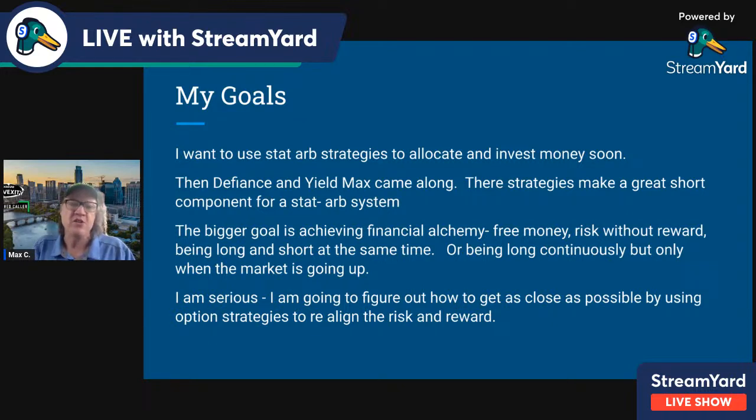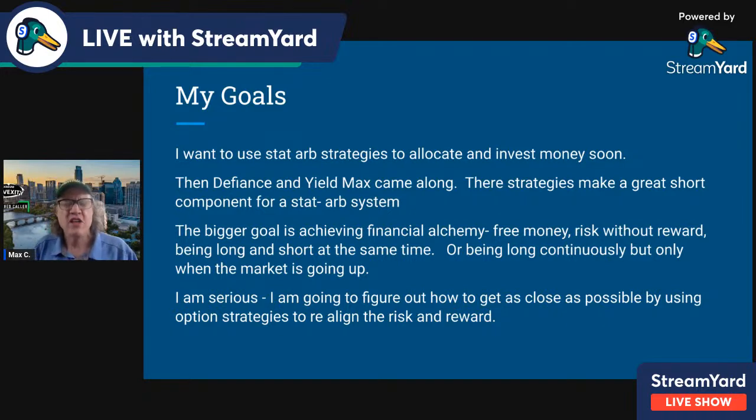I've been trying to achieve financial alchemy my whole life. I think a lot of people are, but what I'm looking for is a trade where you get reward, but you don't have any risk. Or somehow a trade that can be long and short at the same time. That's how I got to the Straddle Strangle swap. Or a trade that could be long continuously, but only when the market's going up. I want to be long, but only on up days. On down days,